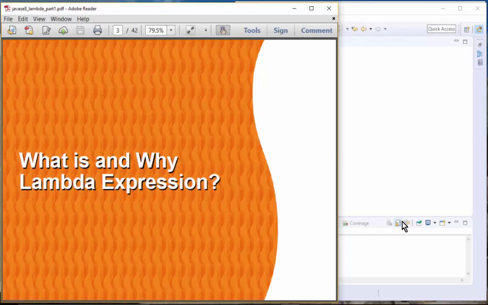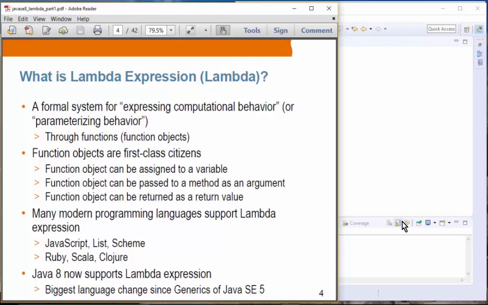So what is and why lambda expression? Lambda expression is a mathematical concept. It's a formal system for expressing computational behavior, or we say parameterizing behavior through function or function object. So I'm using the term function object as explicitly as possible because now using lambda, function is a genuine object, okay? So in a sense, function objects are first-class citizens, just like a string object or person objects are first-class object. What that means is that function object can be assigned to a variable,